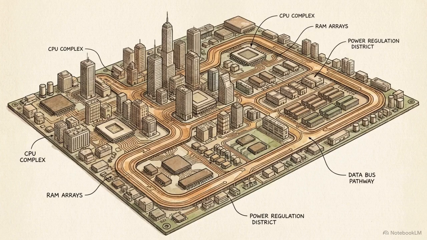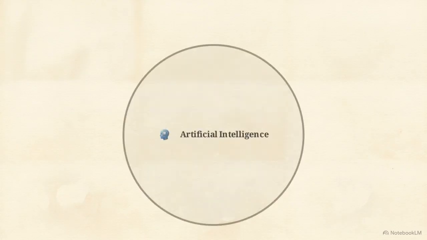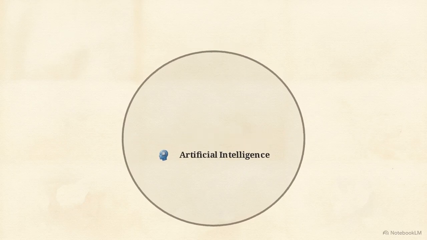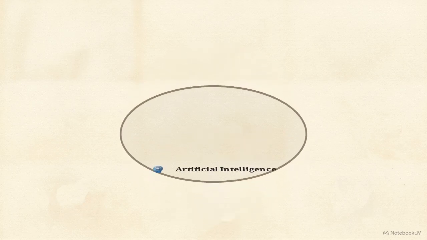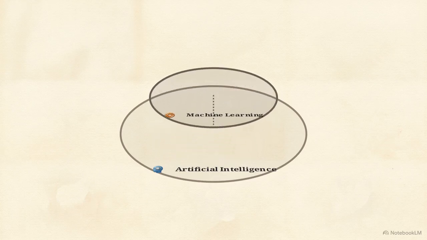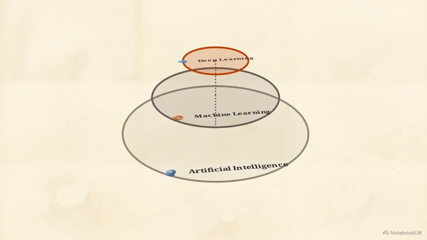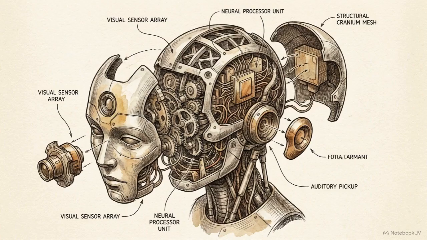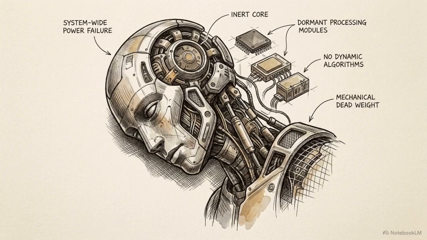Zooming out from the street level, that continuous loop dictates the structure of modern computer science. This diagram outlines the rule governing the space. All machine learning is artificial intelligence, but not the reverse. AI is the outermost umbrella. Machine learning sits inside it as the functional technique. One layer deeper is deep learning, handling even more complex data. Because of this strict hierarchy, attempting to build a modern, adaptive AI system without using machine learning is practically useless.